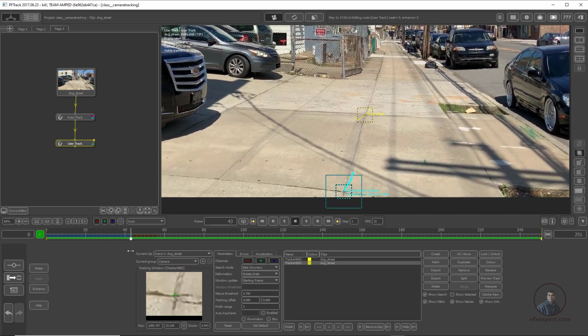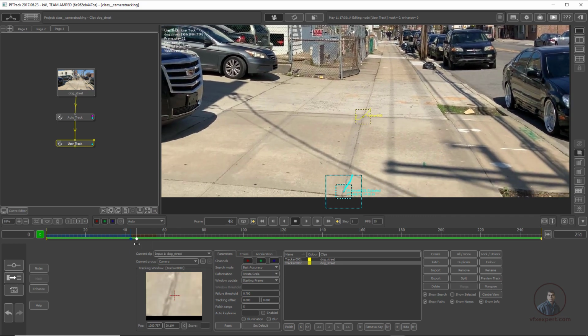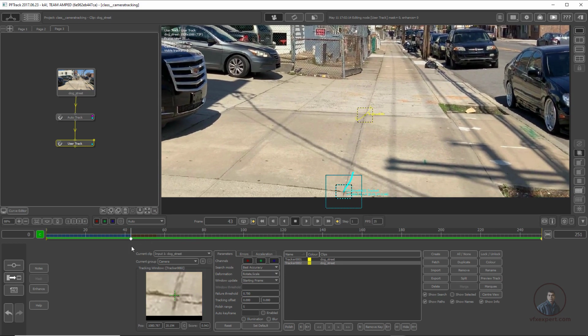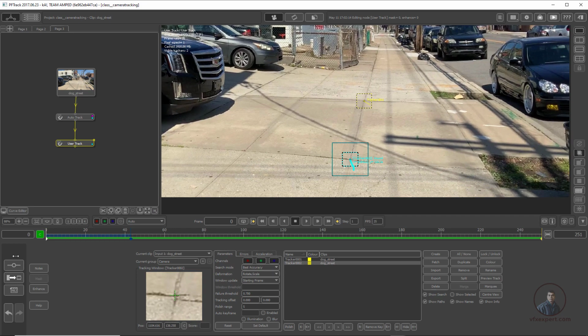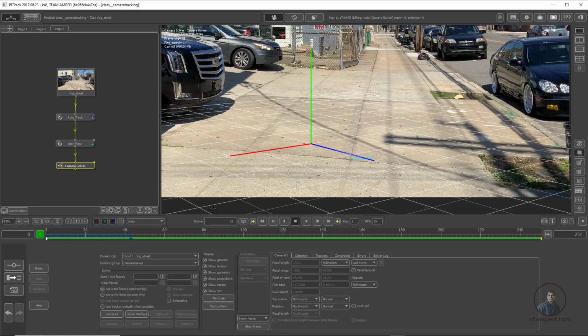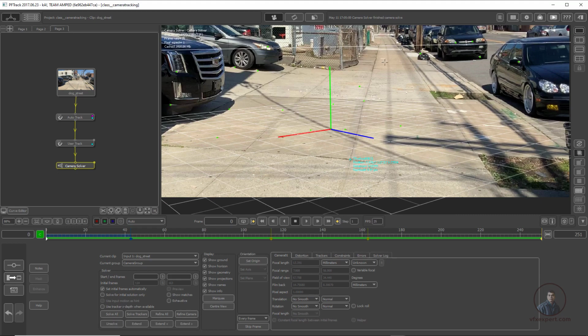Then after this we also have to hide this tracker because it is still visible here, you can see. For this we again have to use H plus. Now simply click it here. Now it will not be visible, there is no tracking data. Then finally you can use the camera solver, double click here and solve your camera, solve all. This will solve your auto track points as well as your user track. Now you can see here, it is a little bit oriented.